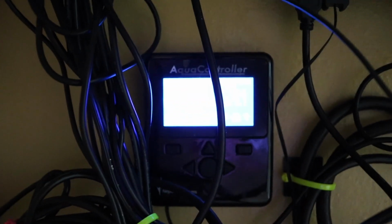But I'm really only interested in 2 parameters, and that's temperature and pH. My pH probe has not been calibrated. It has been sending me updates for the last month that my pH is low, like 7.3, 7.5. It's low for a reef tank. And so I'll share with you my plans to get that boosted to elevated levels so that we can support